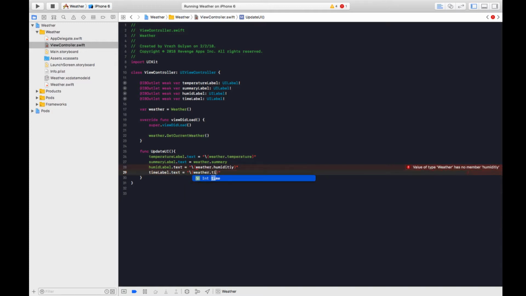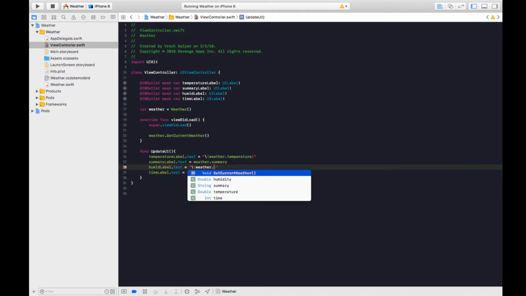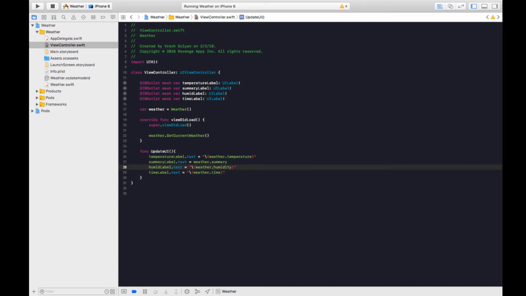I remember this one time. Weather has no... What is it called? Oh, I definitely spelled that wrong. One thing I forgot to mention is that this weather, this time variable,